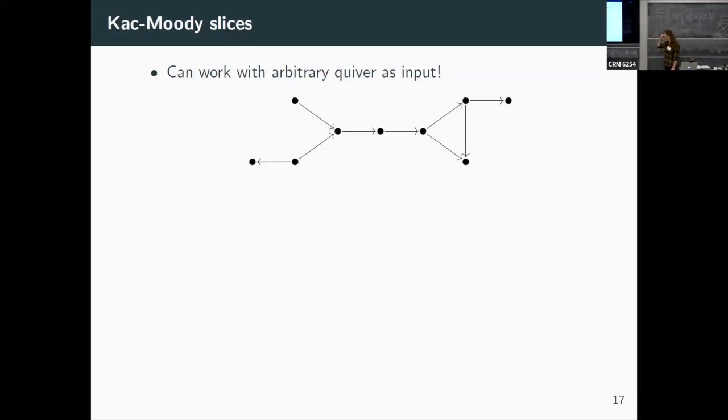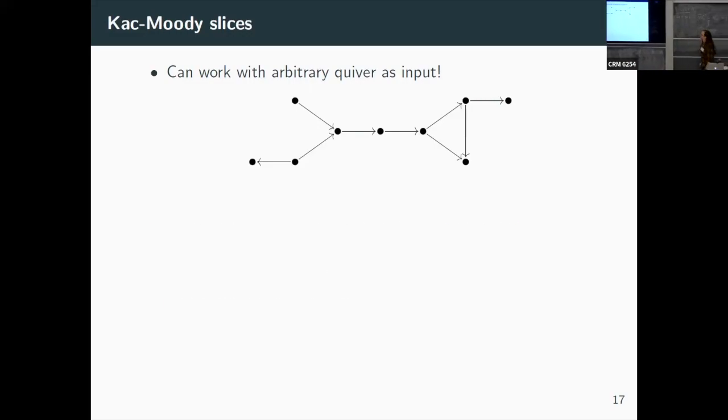symmetrizable type too, but I'm not mentioning it because we can't prove as much about it. But yeah, symmetric is okay. Maybe I should have included some multiple edges here just to highlight. But yeah, thank you for the question. So the idea is, this Coulomb branch construction doesn't care what your Dynkin diagram is. In fact, you could have edge loops here, you could have the Jordan quiver, you could